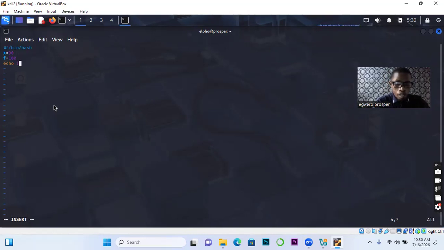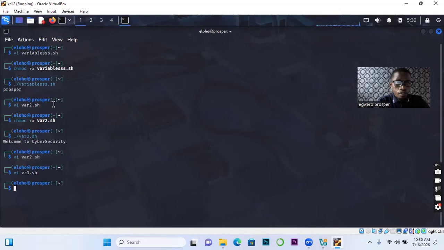Echo dollar what? S times what? Dollar what? Dollar what? F, right? And then let's save: escape, then :wq. Now let's change it to executable mode, chmod mode,